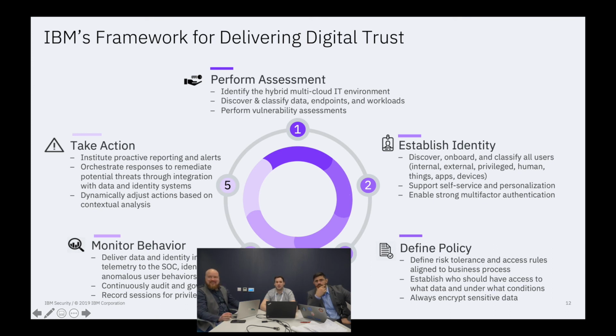I think that's where the framework is hugely important, to put a scope on it in terms of where you start, and not necessarily where you end, but the continuous cycle of monitoring and making sure you're diligent in what you're doing with your security controls from that perspective. So this is what we believe in. This is what we're doing around digital trust, zero trust, whatever you want to define it as. And in more detail, we'll take a look at 2 scenarios in terms of what it's like on the actual cycle.